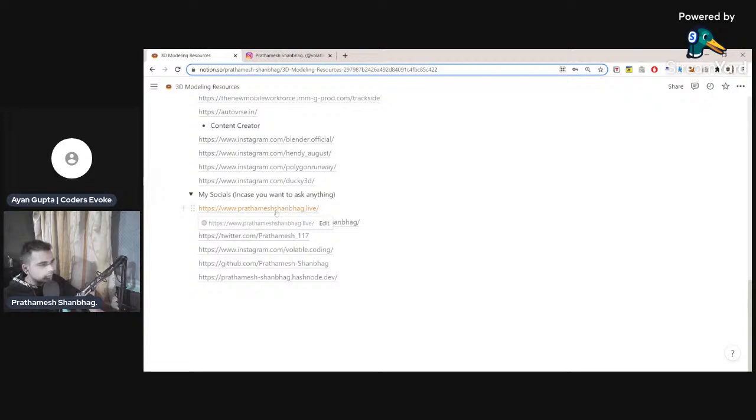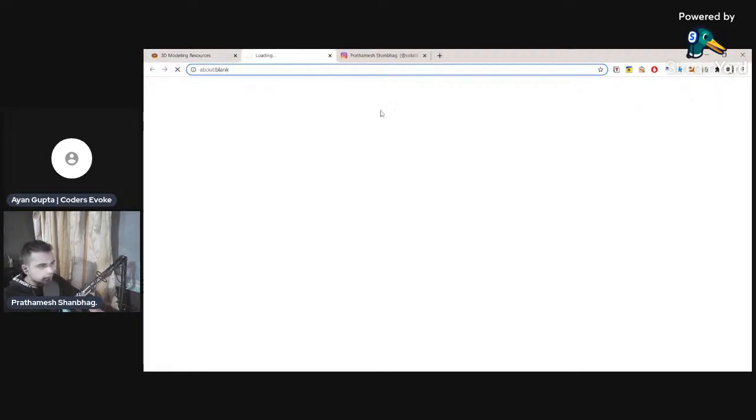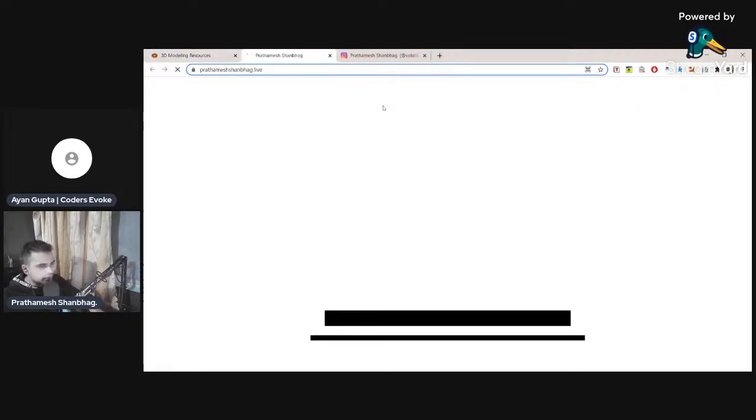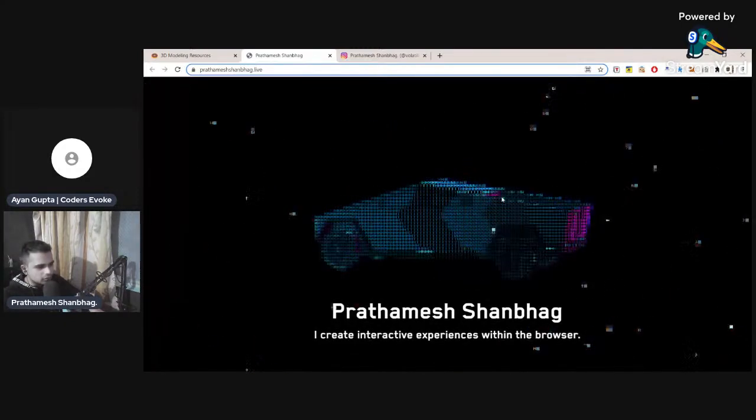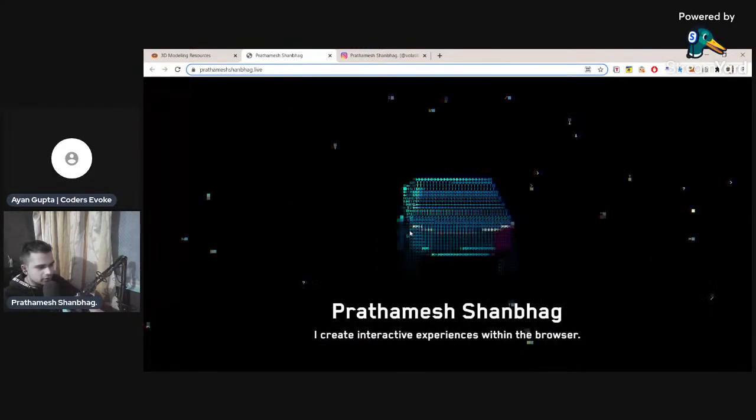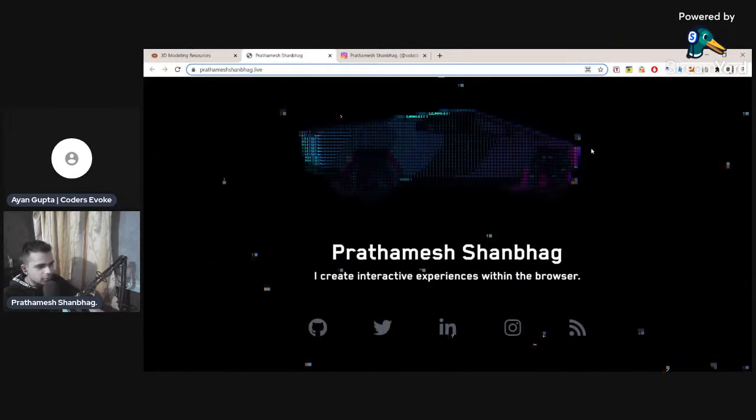And for the first time, in this session, I'm going to share my Linktree alternative that I have developed. Basically, I didn't want a Linktree for my website, so I created this on my own. This is a 3D model of the Tesla Cybertruck, and this is my website.